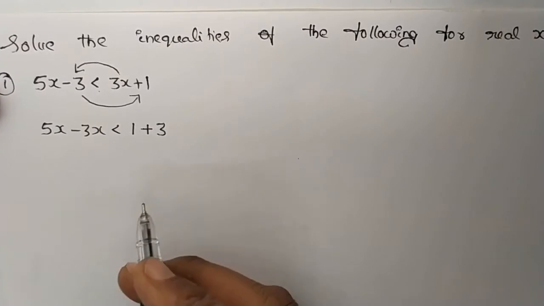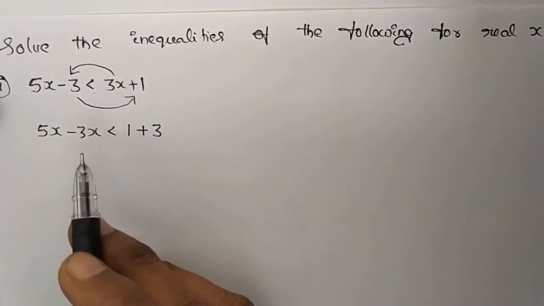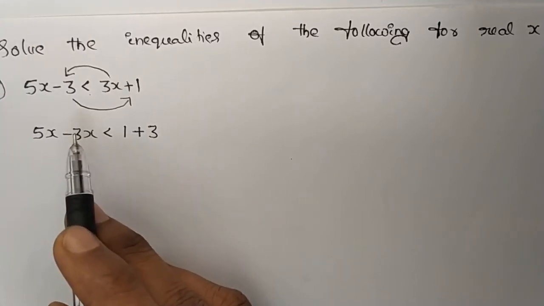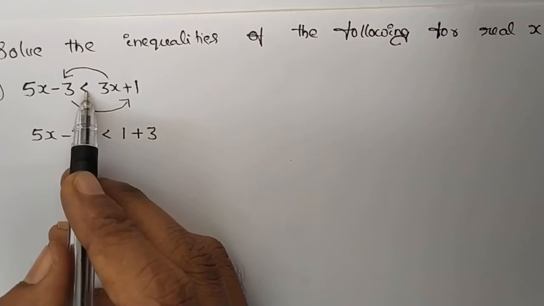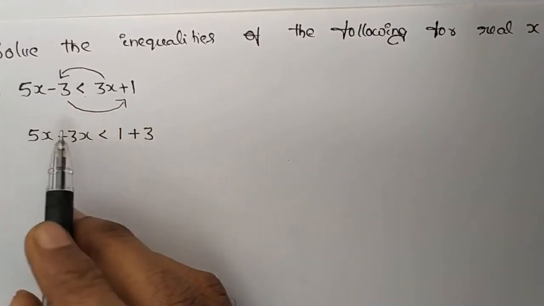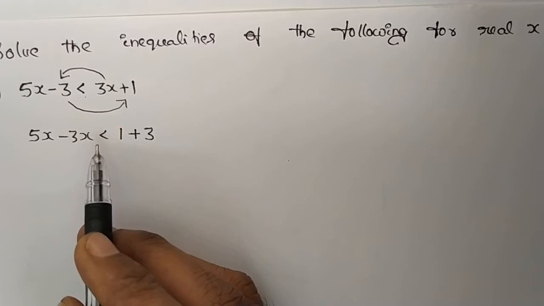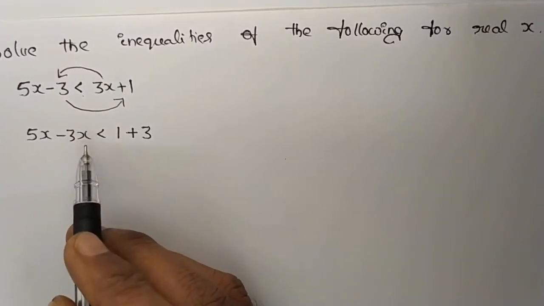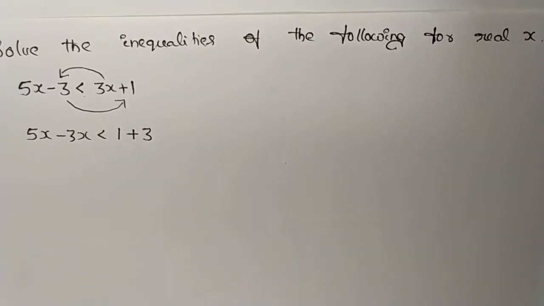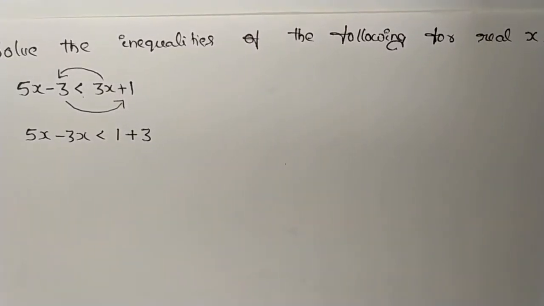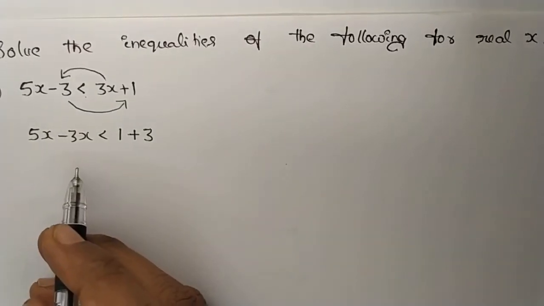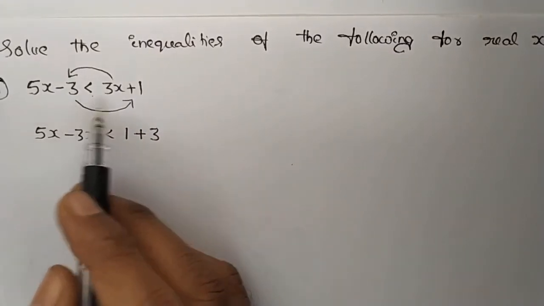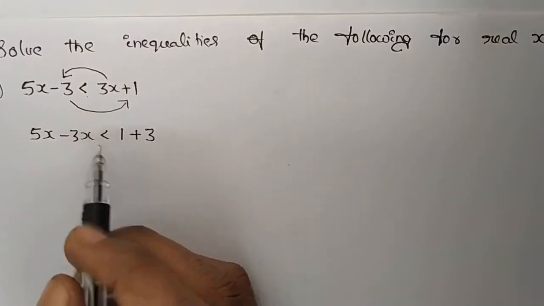You just keep it in your mind. If we multiply or divide both sides of the inequality by a negative number, then only the inequality changes in its direction. If we do adding or subtraction, then the inequality does not change. When it changes: if we multiply or divide both sides of the inequality by a negative real number only, the inequality changes in its direction. Here we are just adding and subtracting, that's it.